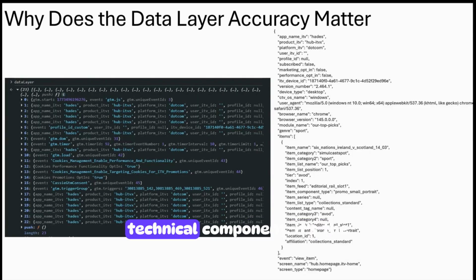A data layer isn't just a technical component, it's the single source of truth that powers your reporting, optimization, and personalization efforts. When the data layer is accurate, consistent, and reliable, every downstream system, from analytics being captured, GTM, attribution platforms, marketing and remarketing, can do their job with confidence. But when it is inaccurate, everything downstream is compromised. Insights become skewed, personalization becomes misfired, and decisions, which often are high value, business critical decisions, are made on flawed